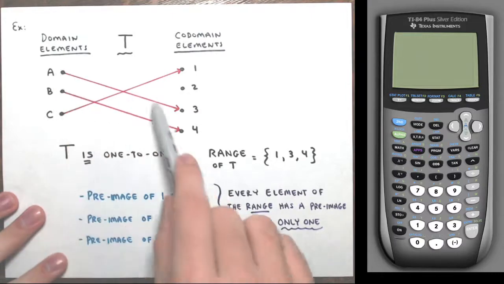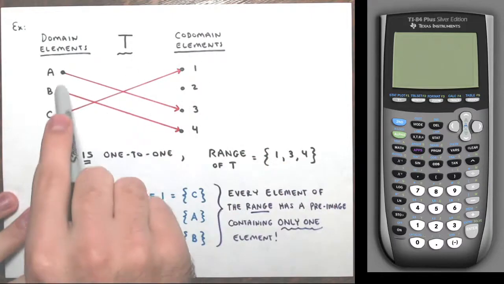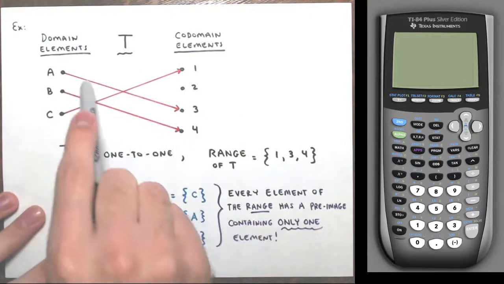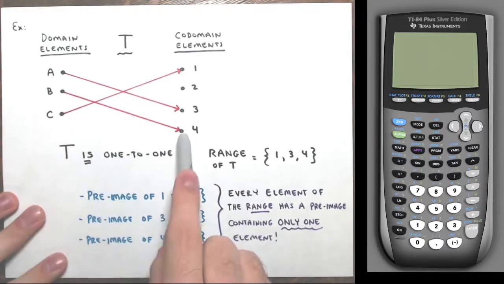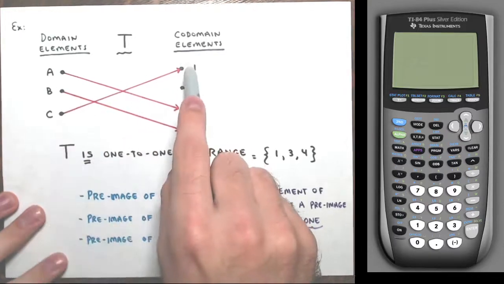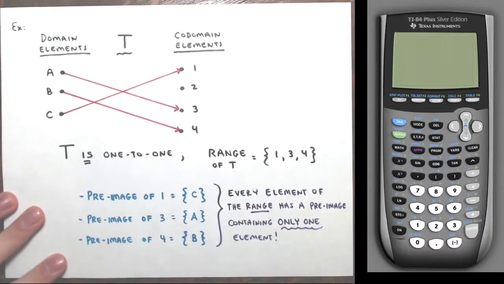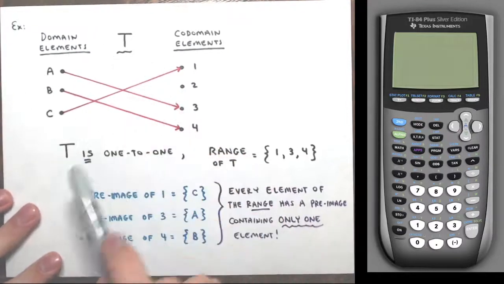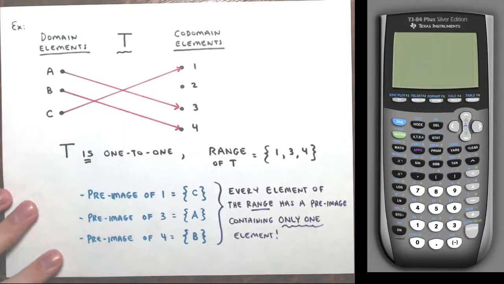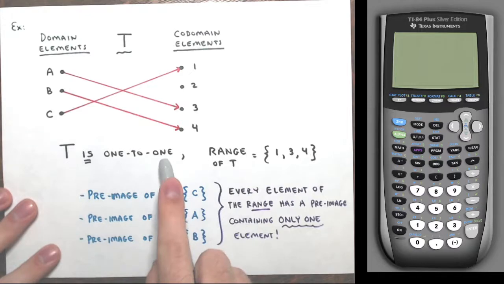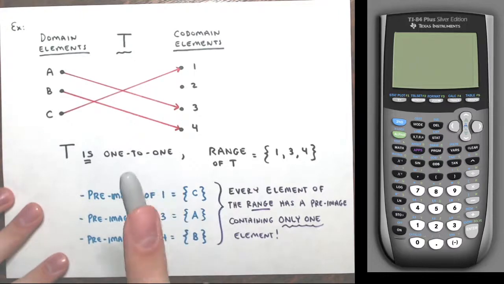And I have a little arrow showing you the mapping. A is assigned to the number 3. A maps to 3, B maps to 4, C maps to 1. So this picture is a picture of a one-to-one transformation, or an injective transformation. So T is one-to-one, and the reason being